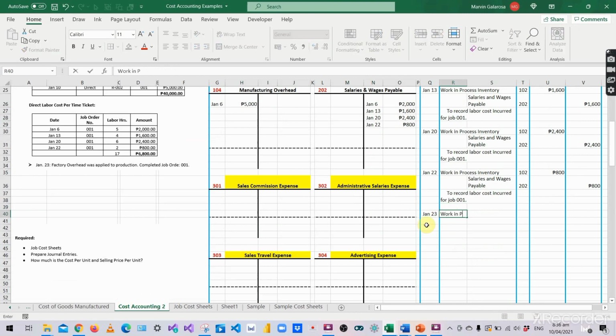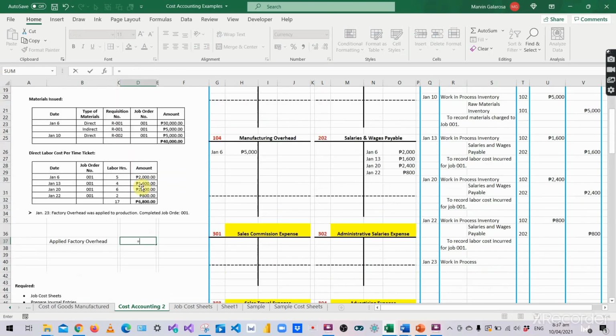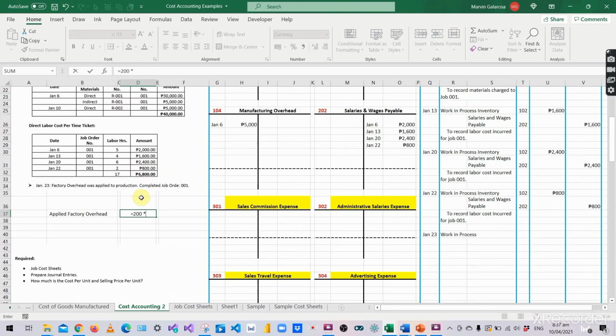So, debit work in process. Let's compute kung magkano yung factory overhead applied. Applied factory overhead equal siya sa 200 pesos multiply by the labor hours, which is 17. We get 3,400. So, debit work in process inventory 3,400. Credit si manufacturing overhead